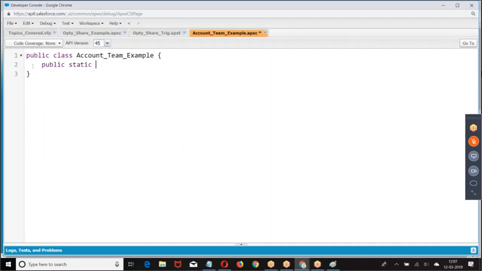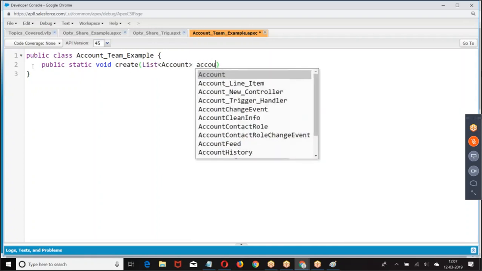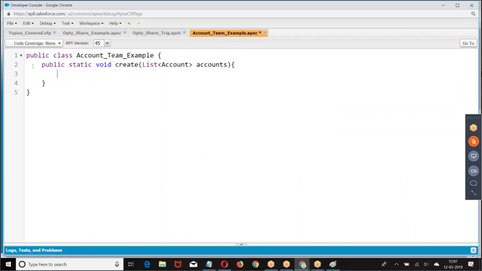Public, static, void. If I give list of account team member. Account team member is a child object of account.